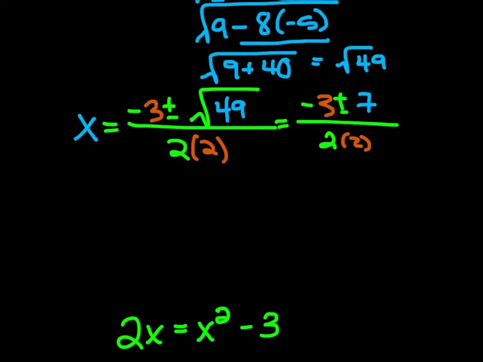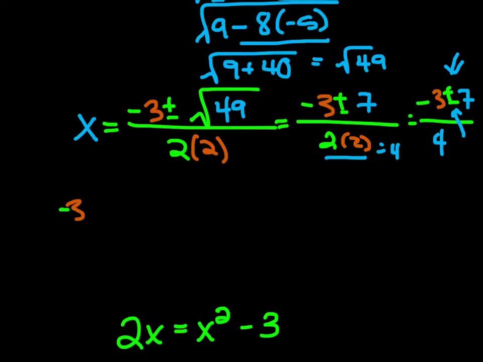So 2 times 2, we can do that math, that equals 4. So this all equals negative 3 plus or minus 7 divided by 4. So we now have two equations that we can create because we have one that will have a positive and one that is negative in the middle. So we have negative 3 plus 7 divided by 4, and then we also have a negative 3 minus 7